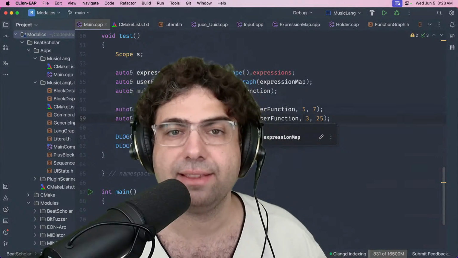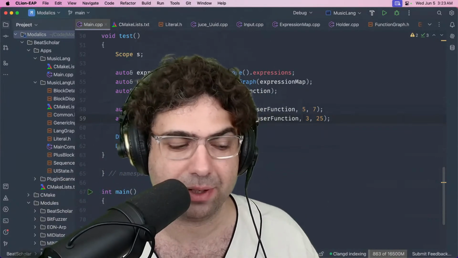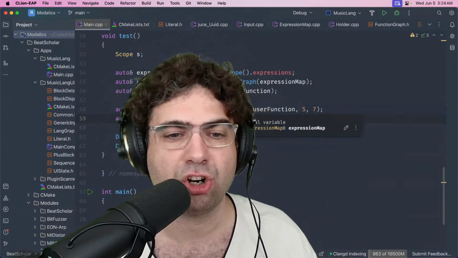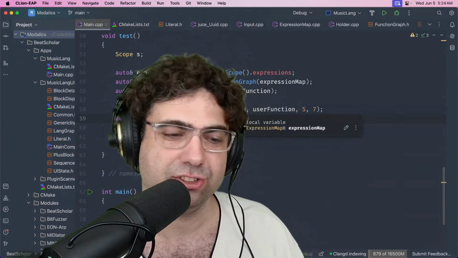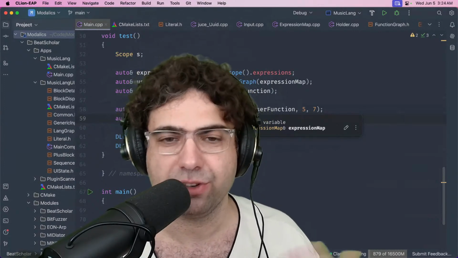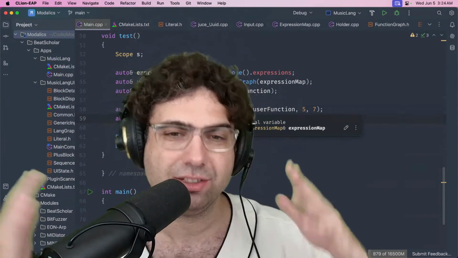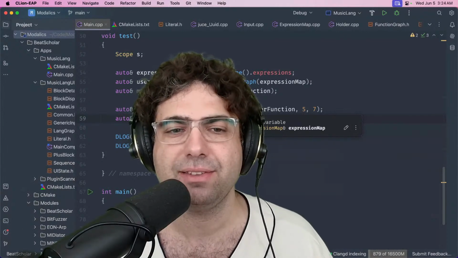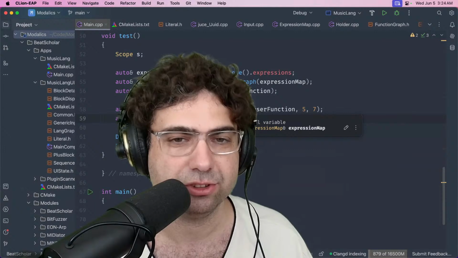In the language that I'm creating, not the C++, the main idea is that expressions are stateless. They're what people call pure functions. That means that if you create a function, and we're going to see over time in the UI what it means to have a function, it's going to be some block that the user will see in the UI. A function means that it's always the same if you bring in the same inputs. It's pure.